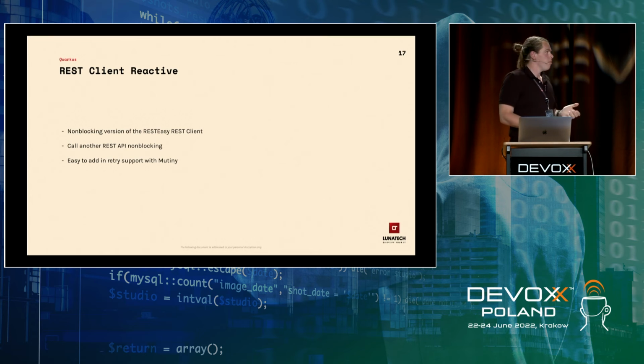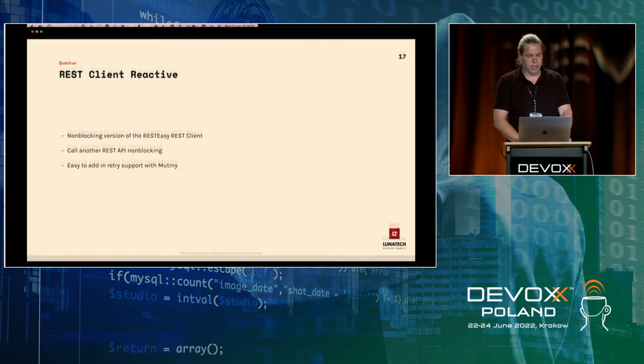But with Mutiny, by default, you can have retry support or failure handling. So you can define in your pipelines what should happen here. So if I call this endpoint, if it fails, maybe try again, but I don't want to try again endlessly, because otherwise I get in a big retry loop, and I basically have an amplification attack on my other services when I'm retrying all my requests hundreds of times. So we'll have a little demo for this one as well.